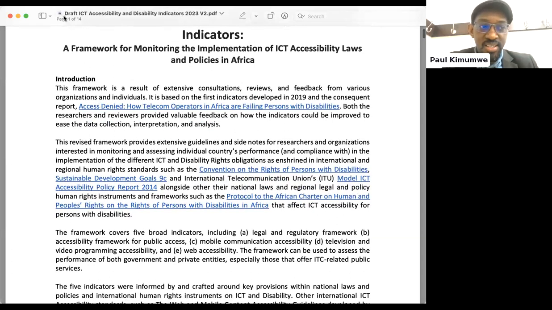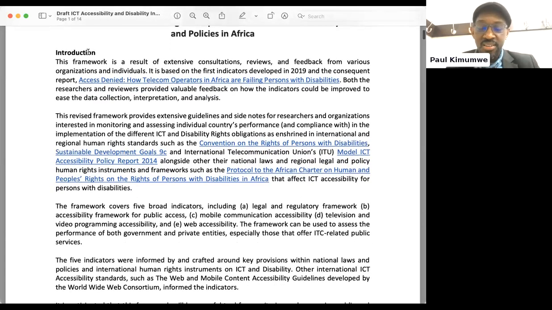So in 2018, 2019, at CIPESA, we were trying to introduce ourselves to the work on digitization and disability. So we had discussions with several stakeholders on how to develop work around and advocate for the inclusion of people with disability in our digital work. And one of the things that we noticed as we were doing research and having those conversations is that there existed a lot of frameworks that were trying to assess how countries, governments, different players